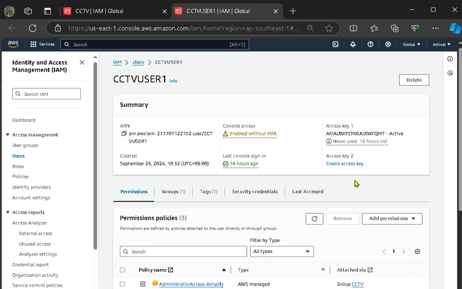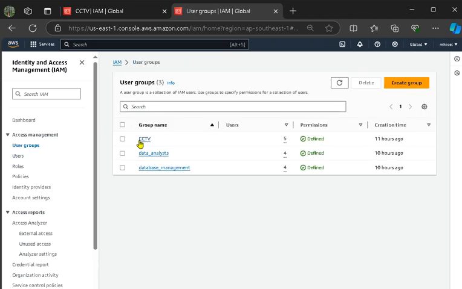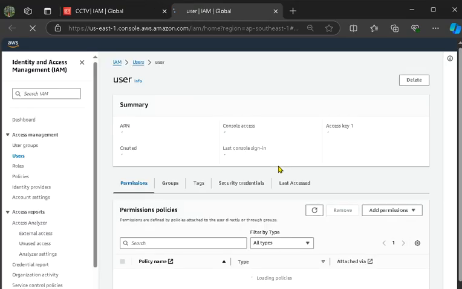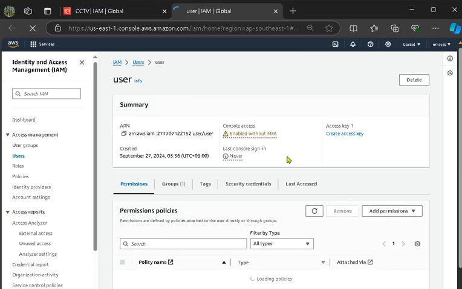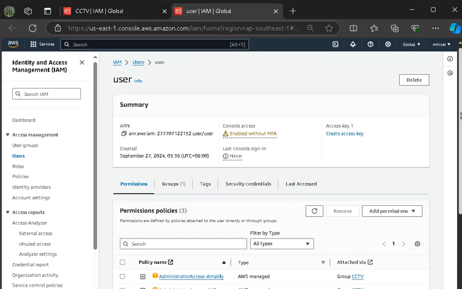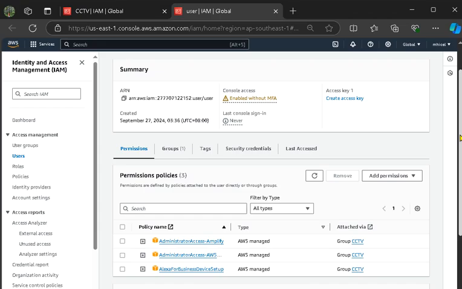Let me show you how to activate a CLI. I will be using the user I've added. I'll create an access key through CLI.